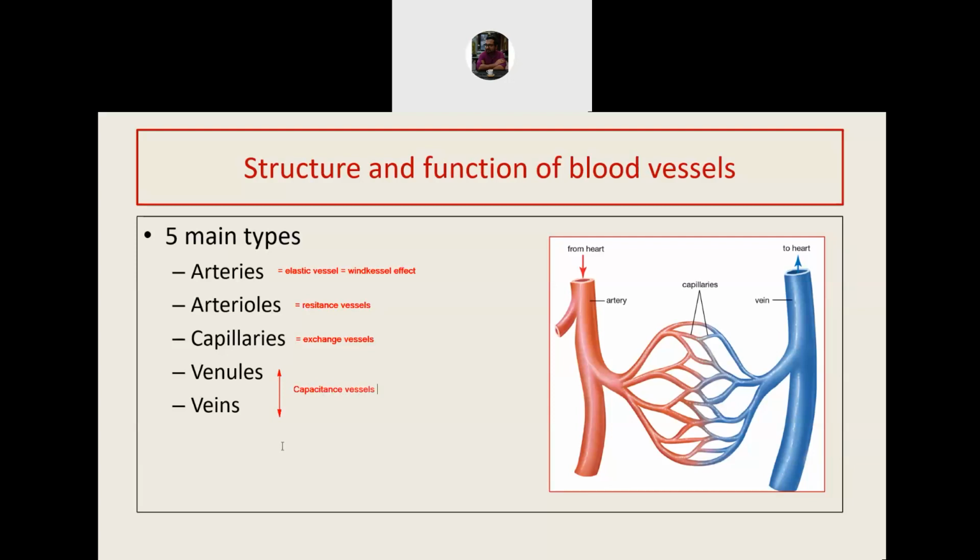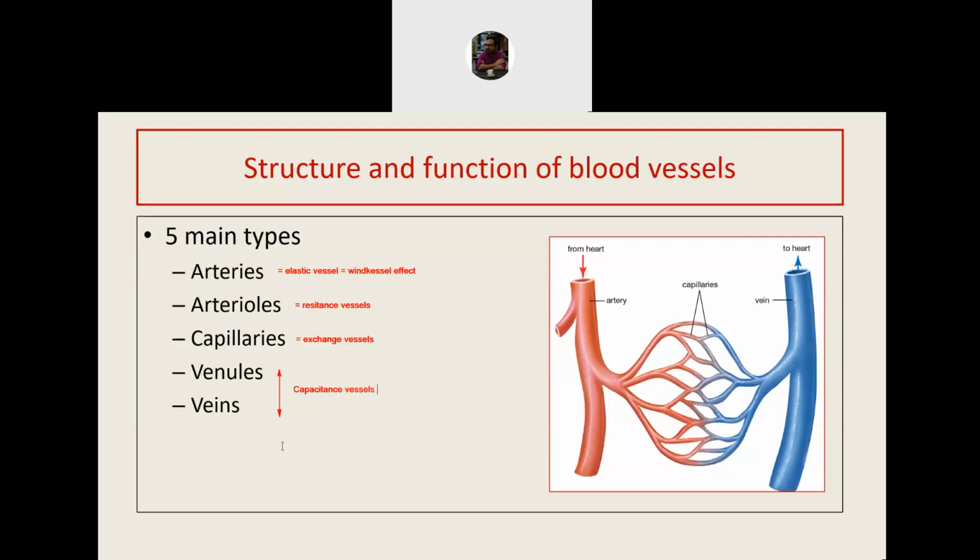A major fraction of the total blood within the blood vessels is stored in the veins and venules. Although they do not contribute much to the peripheral resistance, they can store a large amount of blood. So the constriction of the vein will release a lot of blood to the heart, and dilation of the vein will store a lot of blood, not allowing it to go to the heart. That means the preload to the heart or the venous return depends on the venous dilation and the venous constriction.